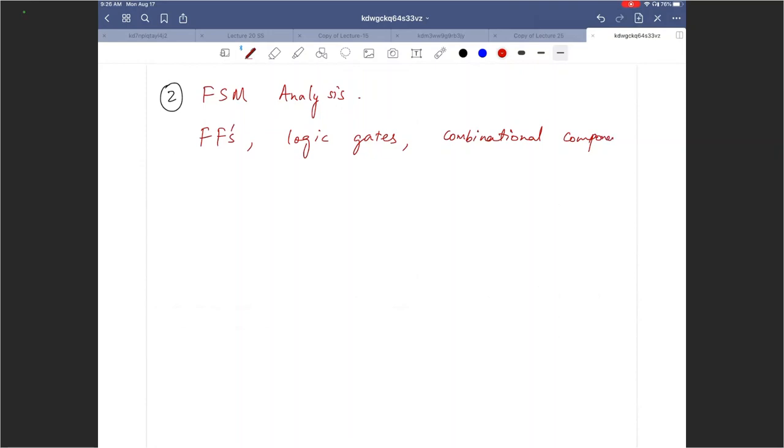Next question that you should definitely expect: 2. FSM analysis. So you will be given a circuit diagram. It will have some flip-flops, it will have some logic gates. It may also have some combinational elements. For example, it may have mux, it may have decoders,